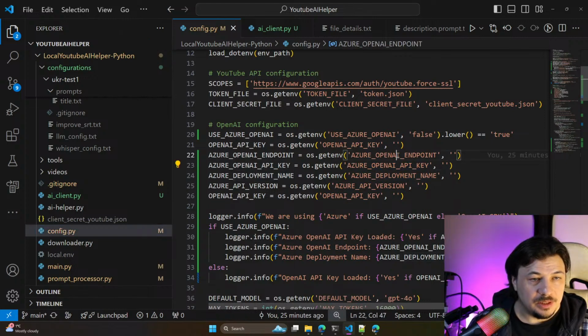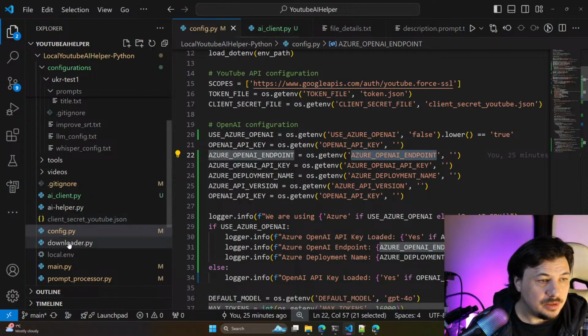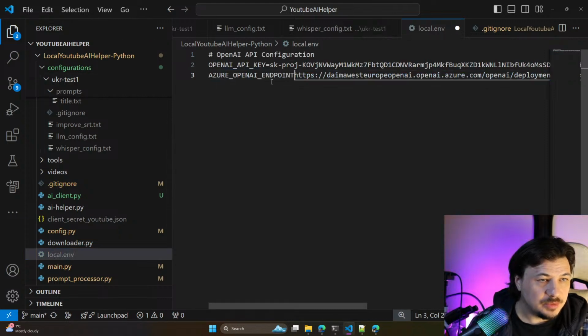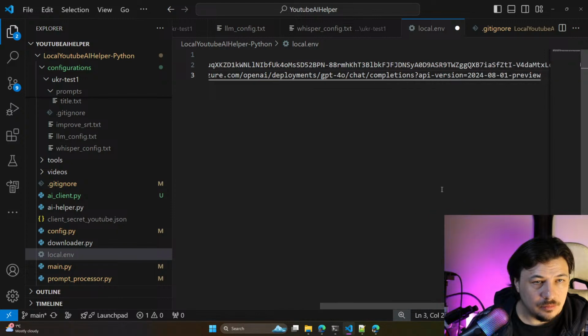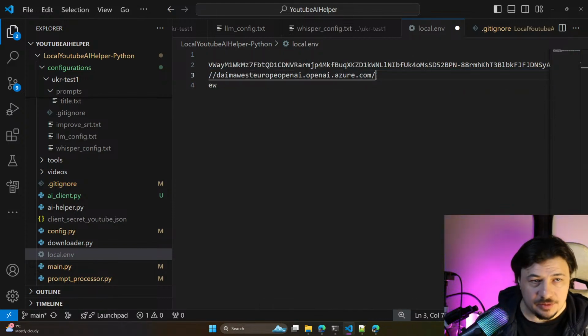So the OpenAI endpoint would be our local env, something like that, equals. I think the endpoint would be that for the moment.